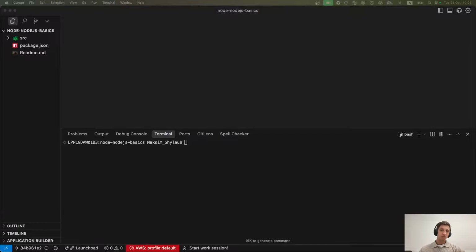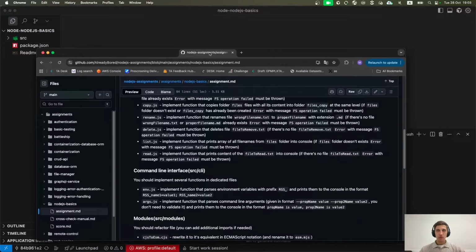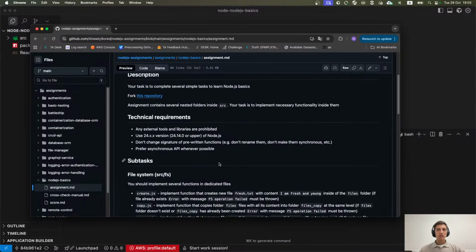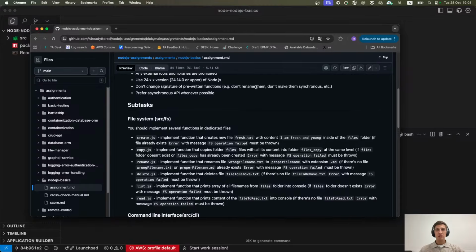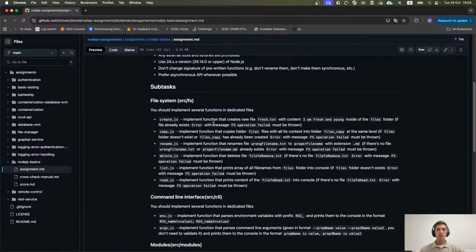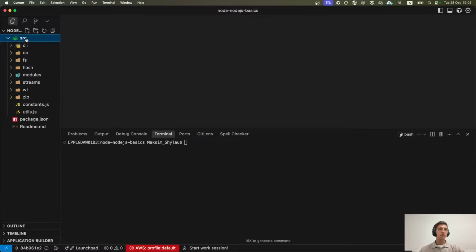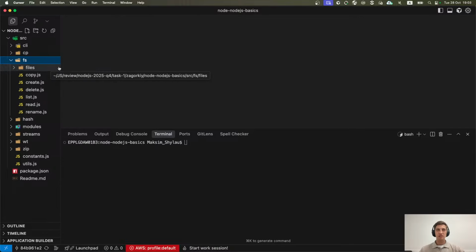Okay, so what we are going to review. Let's begin from file system assignments because we will follow the order of the task. Let's take a look at the create.js function. It should create a new file fresh.txt with certain content and should throw an error if this file already exists.